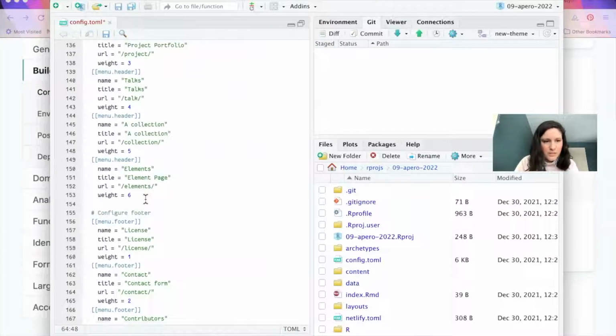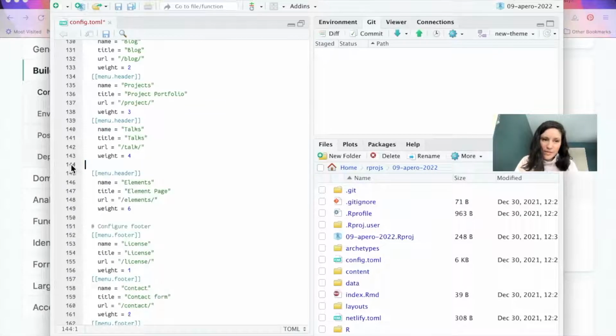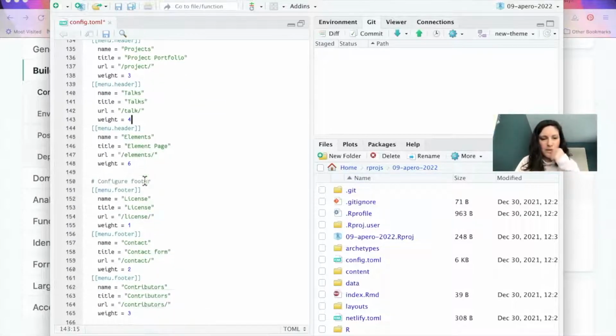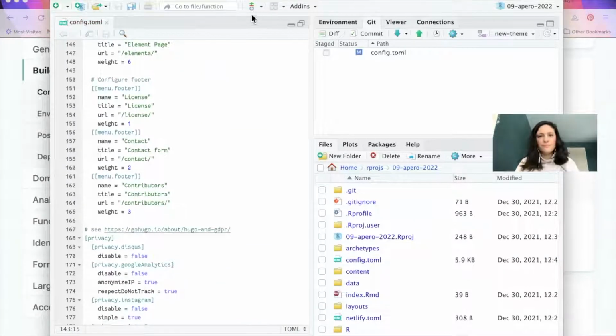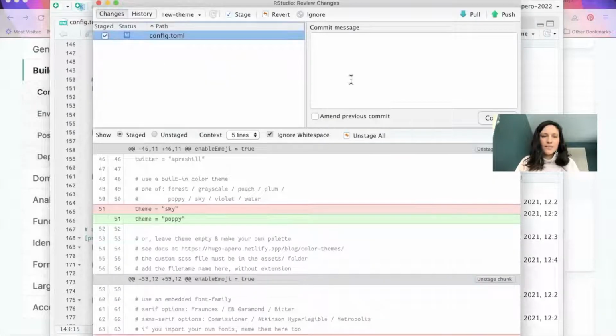Maybe what I'll do is remove the collection from the header. It's still there, the source code is still there. This is just removing it from the visible header that you have. Okay. So commit,